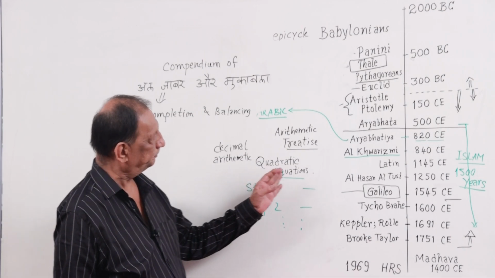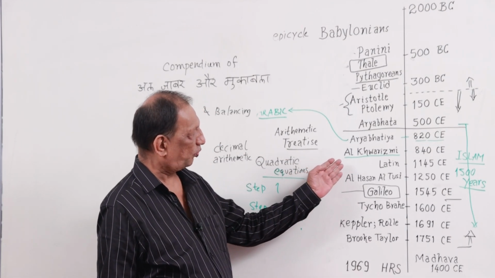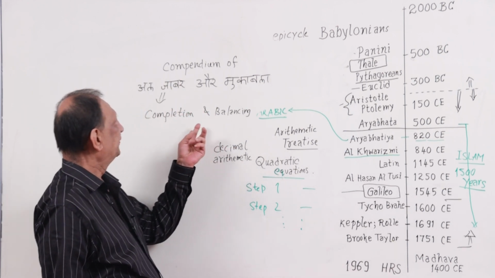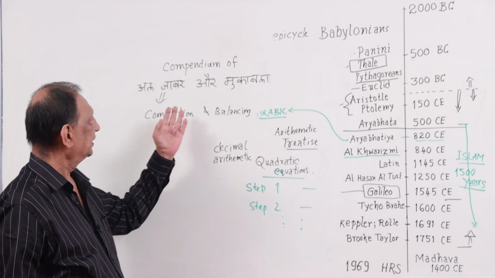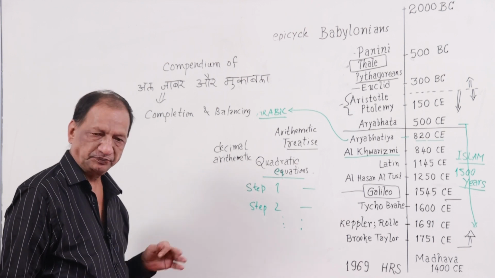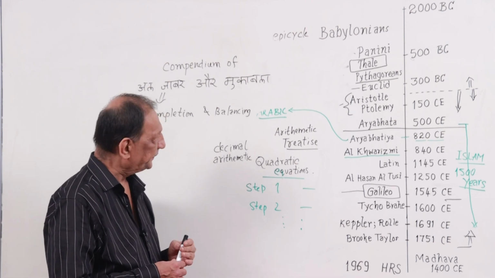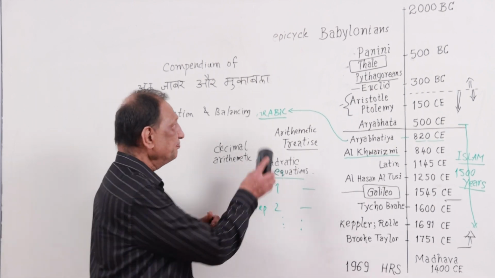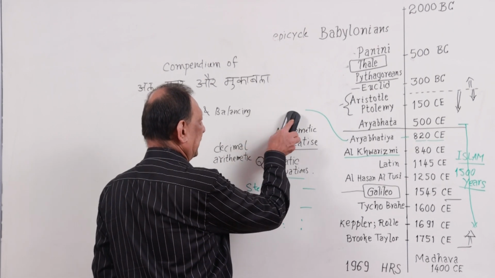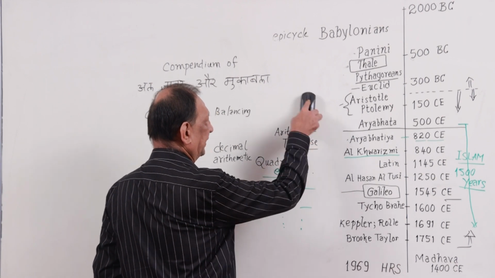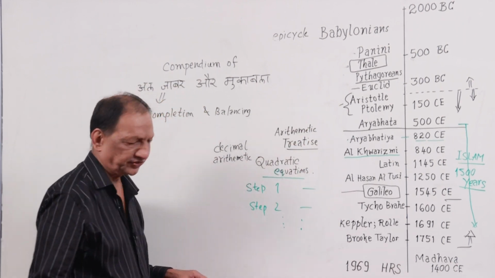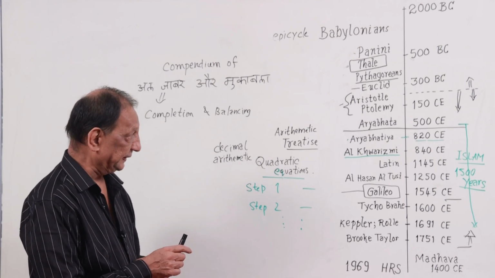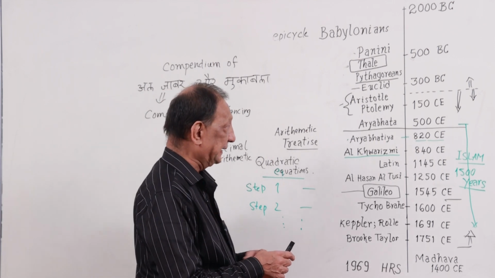We're looking at, I think, Al-Khwarizmi publishing this compendium of Al-Jabar or Muqabala, completion and balancing, and that was a fantastic book at the time, which gave a systematic method for solution of algebraic equations. It was so fantastic that